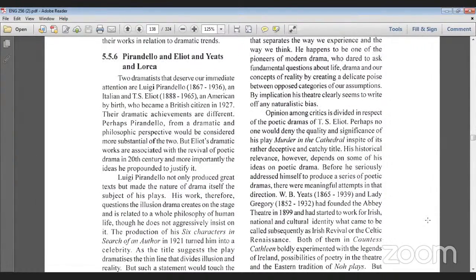Luigi Pirandello not only produced great texts but made the nature of drama itself the subject of his plays. This work therefore questions